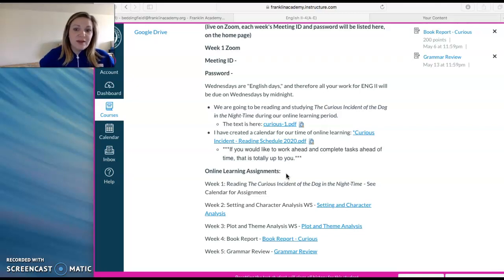So here I have it broken down by week and have a link to each assignment for those of you who want to work ahead. For those of you who don't, again, take it week by week. So the first week it says you're just reading. See the calendar for assignment. That is the calendar I just had up on my screen. So that is just you're reading through page 71 for the first week